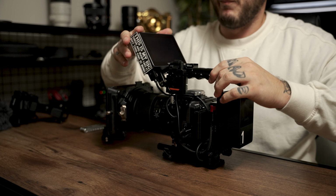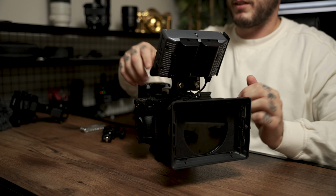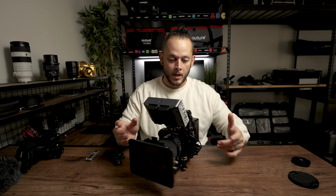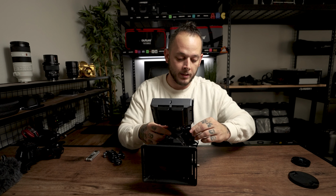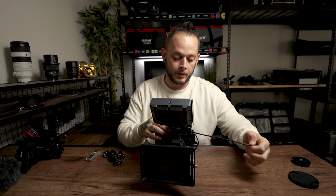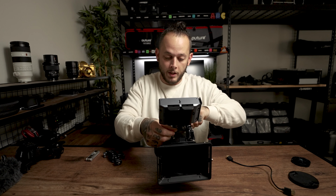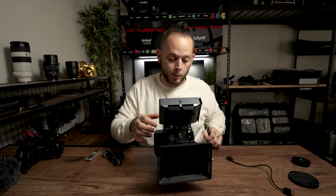Just like that. Very, very nice, neat. There's no cables hanging around everywhere like that. So yeah, that's really quick. I just go ahead and unplug this, unscrew it, set it to the side, and then we're gonna do the same thing with the power cable. I actually don't need to take the whole thing off. I can just pull it through, set it down,